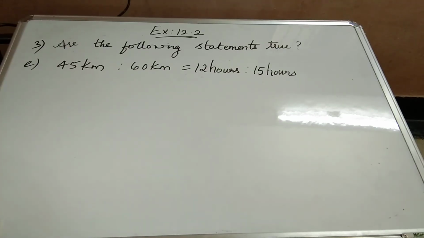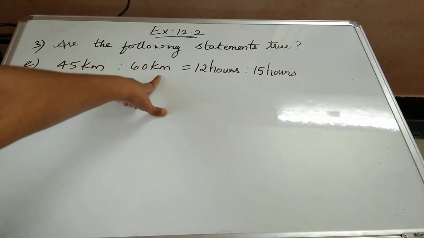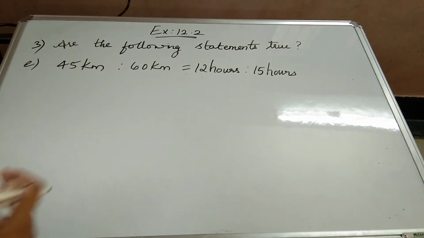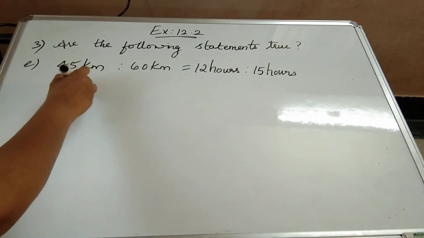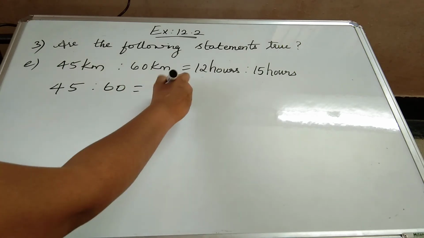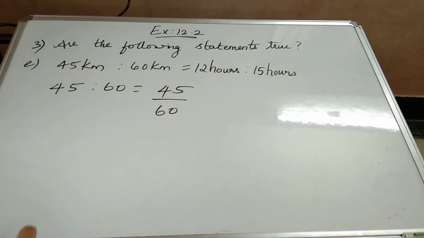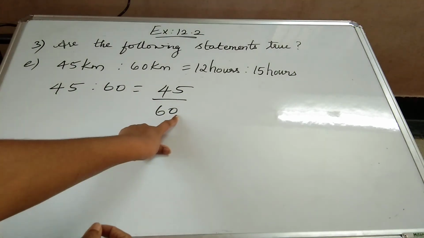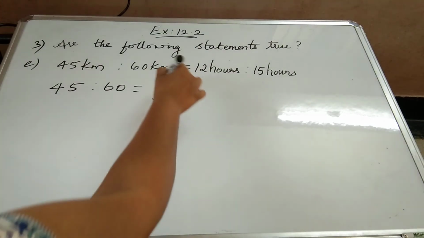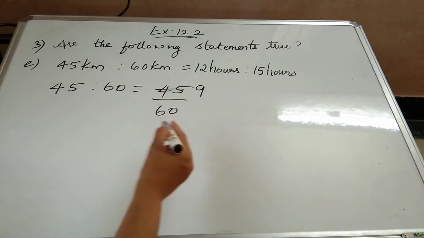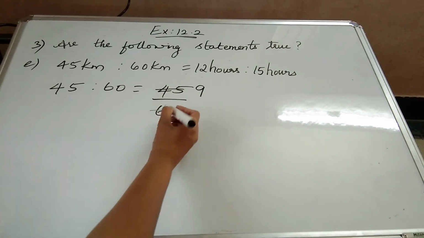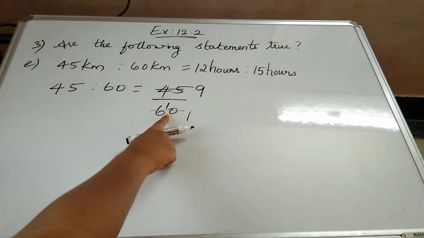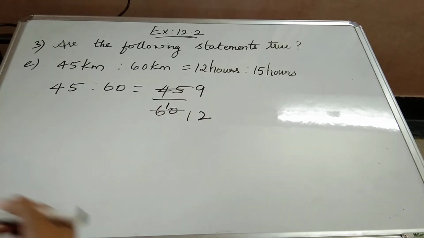Next one, E subdivision. So here both are in kilometer, that side both are in hours. So we have to find the ratio. They are in same unit, so no need to worry. So 45 is to 60 is equal to 45 divided by 60. So 45 and 60. Ones place 5 and 0. So can I take 5 table? Yes, 5 nines are 45. Denominator 5 ones are 5. You have 6 here, so 1 is the remainder. So that number 1 here. So now this number is 10. So 5 twos are 10.